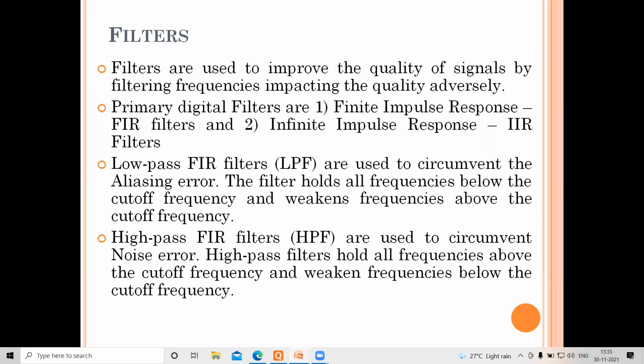These are part and parcel of any application, whether you talk of telecommunication, speech, or audio, applications of DSP, all these filters come into picture. Low pass filters are basically being used to circumvent the aliasing error. Somebody said band pass, you need to correct that. Low pass filter it is. Then your high pass filters are used to circumvent the noise error. Maybe some night sitting at a table, a fan makes a noise, well, that can be taken off.